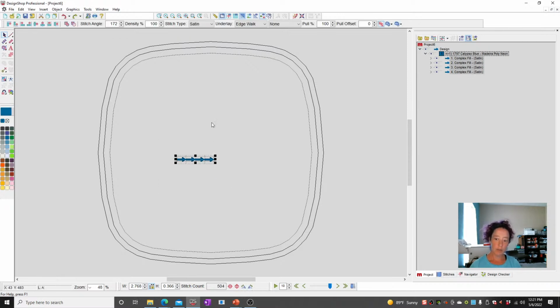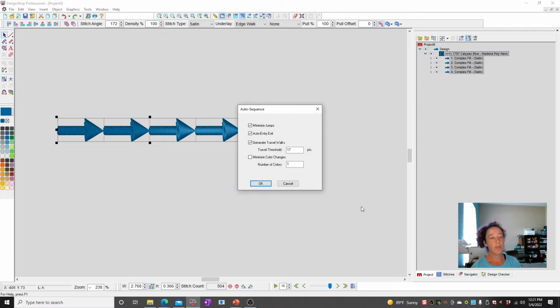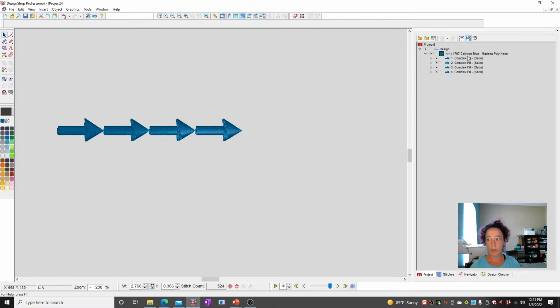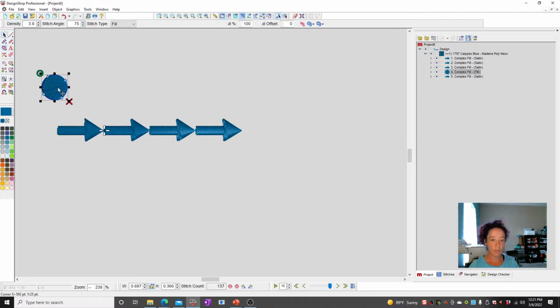All right. Anywho, what I would suggest to quickly change your starts and stops is to select it all and then right here, go to auto sequence. It will then generate your paths and all the other stuff that you want. Doing that, it'll rearrange your starts and stops so that they're optimized and add travel stitches as you need them. So if I had circles, and I'm copying and pasting those,